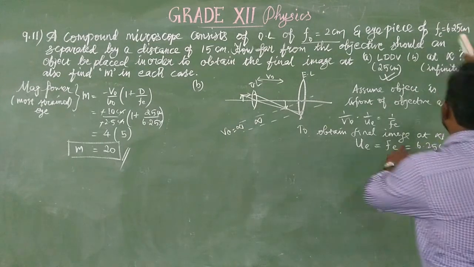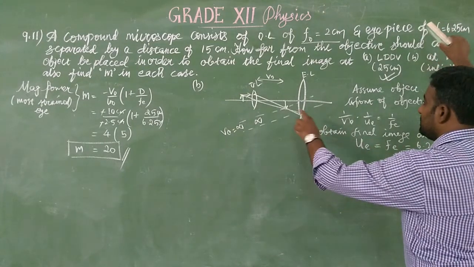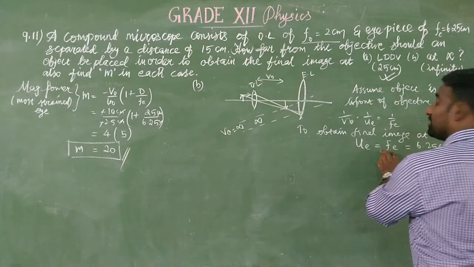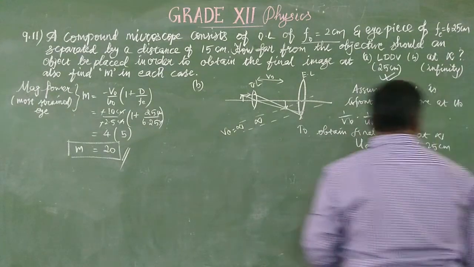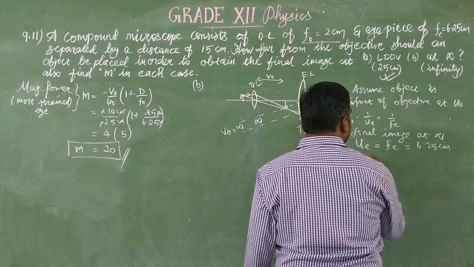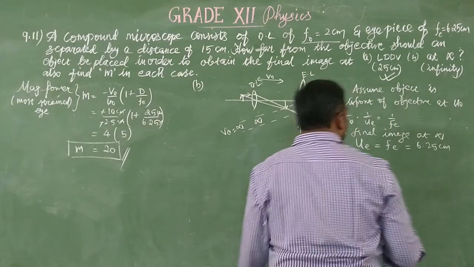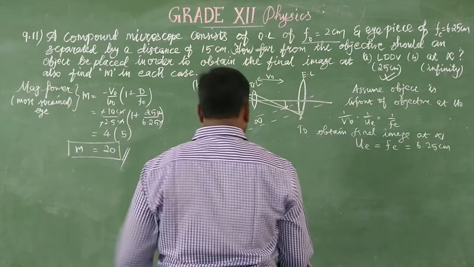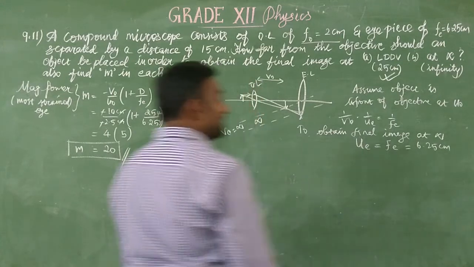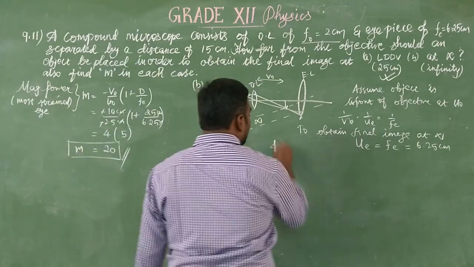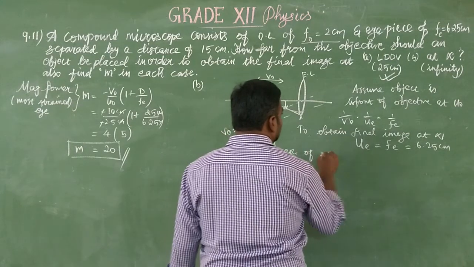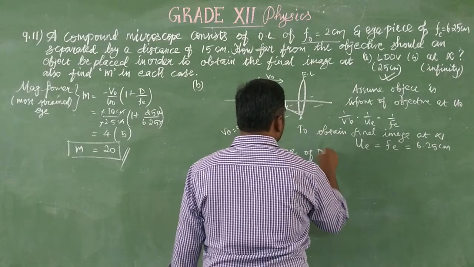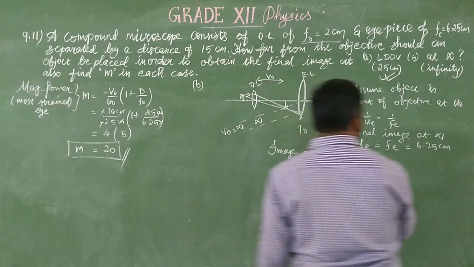That is the distance to the objective, that is, the image formed by the first lens acts as an object to the second lens. So that is at the place where the eye lens has its focal length. Therefore, yes, we are going to determine the image of the eye lens. So what is the image formed by the eye lens? First we need to determine the image formed by the objective lens.